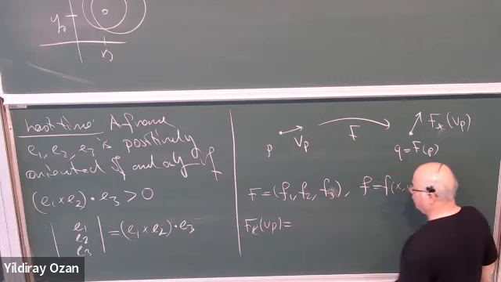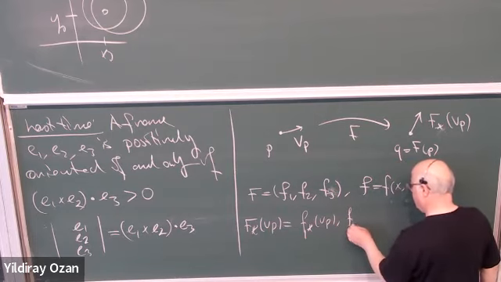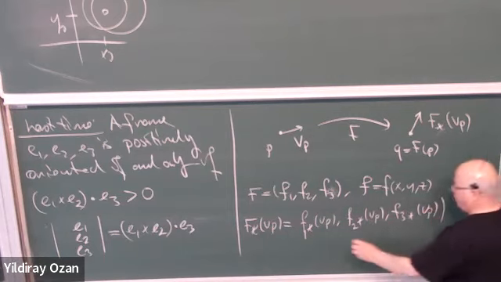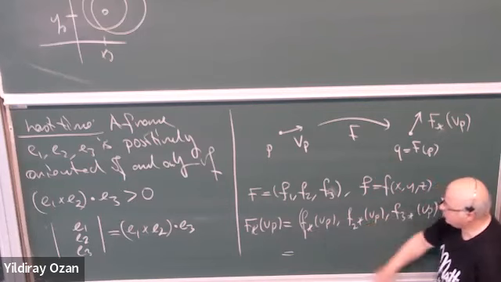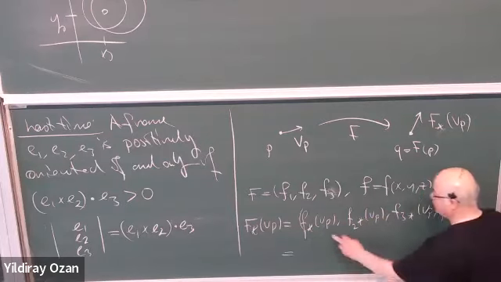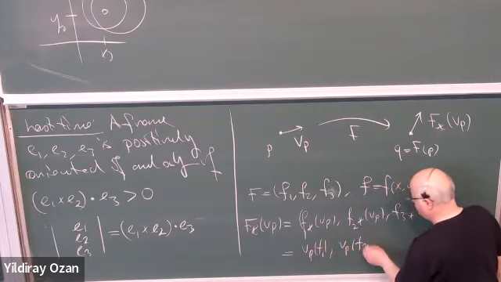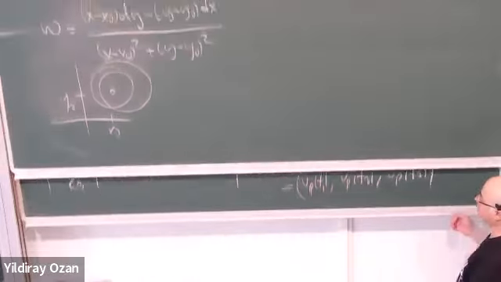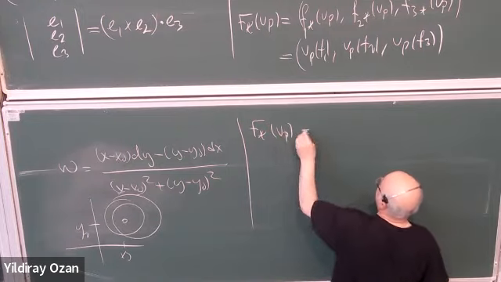F star VP is just these functions. So F1 star, F2 star, and F3 star VP. And what are these? A function applied to a vector is actually the same thing as the vector applied to the function, right? This is just VP of F1, VP of F2, and VP of F3. And what is this? That is just, so F star VP is just, right? This